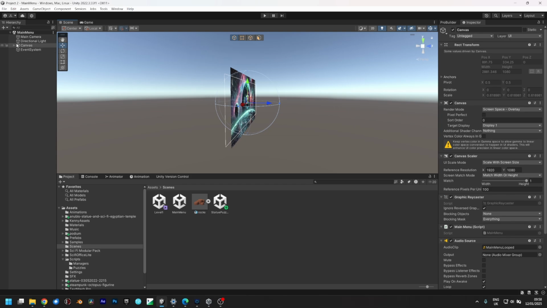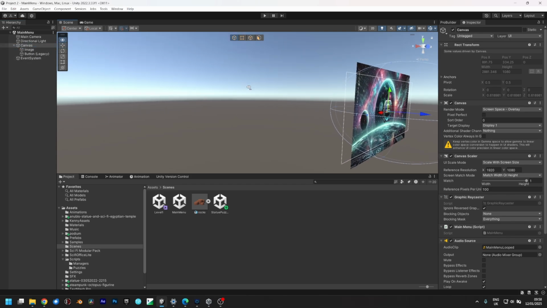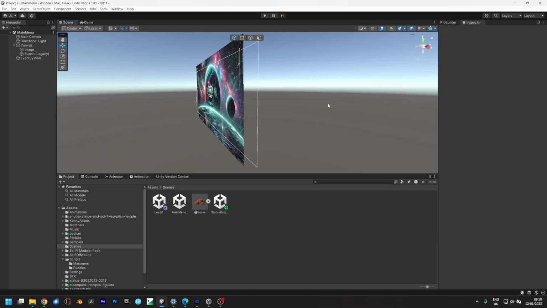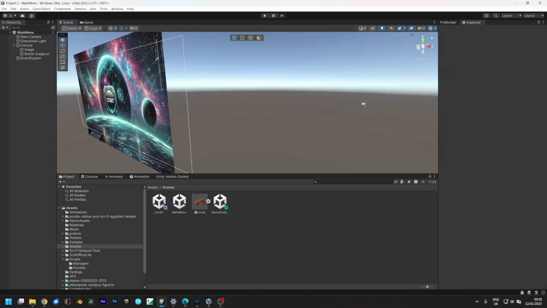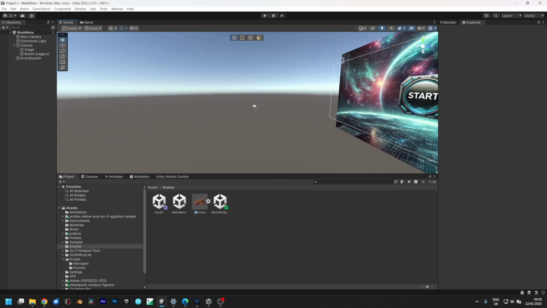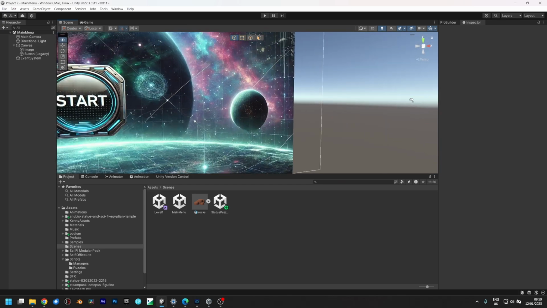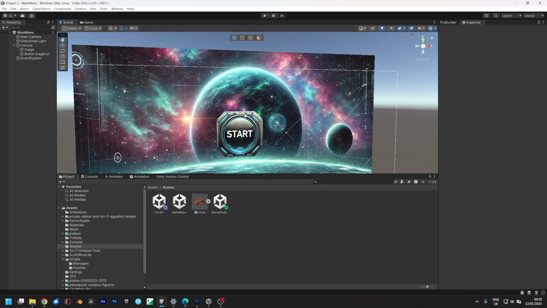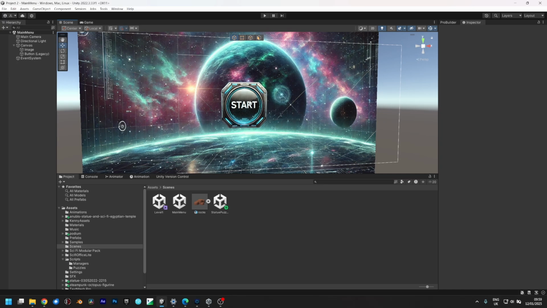So what we've got is, very simply, for some reason my button's not working. So we've got a canvas, and inside that canvas we've got a start button,